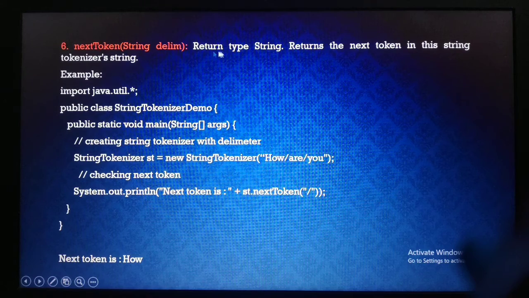Next is nextToken(String delim). The return type is String, and it returns the next token in this StringTokenizer's string. Now here, "how are you", we are using a slash character in between, and if we use st.nextToken and mention the delimiter or separator, it will ignore the delimiter character and it will print